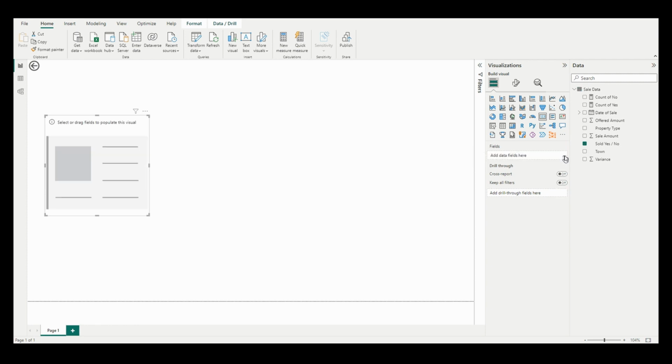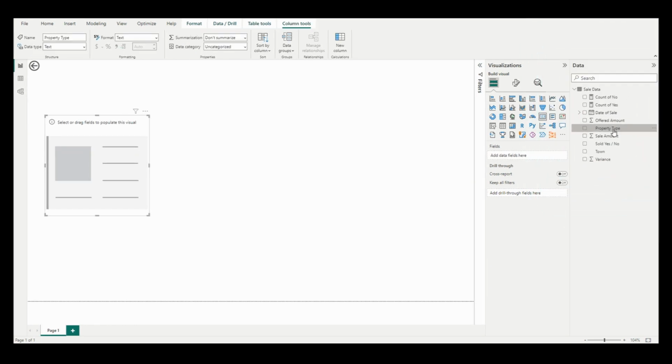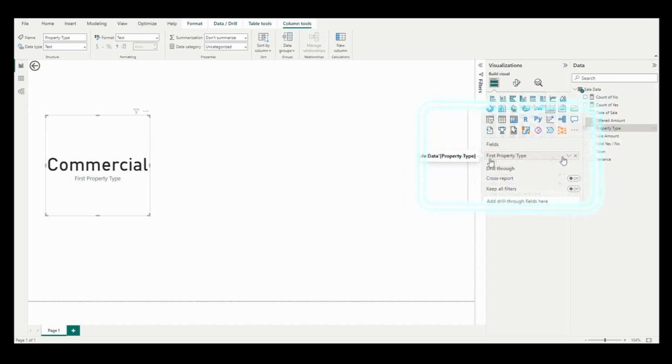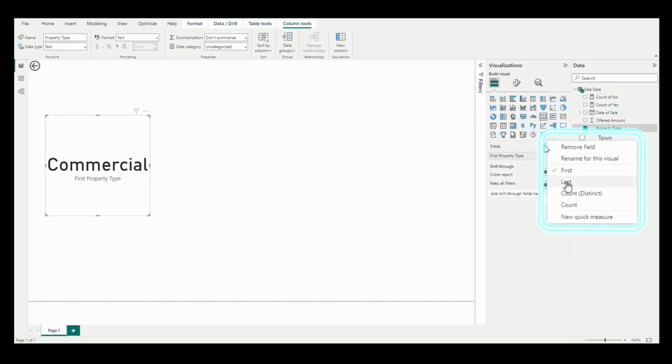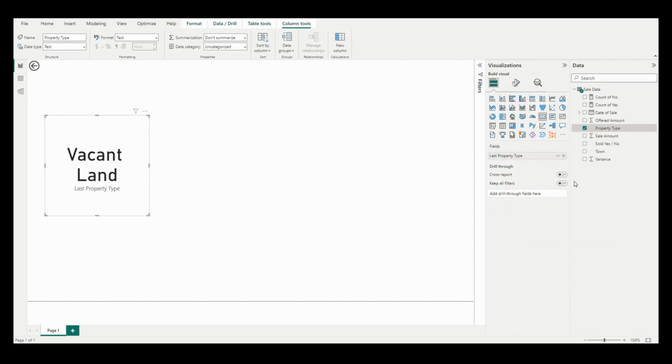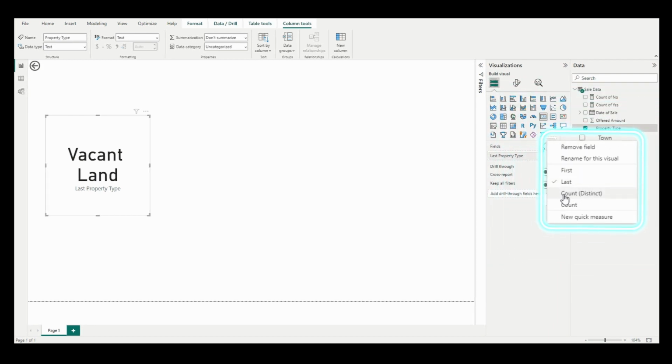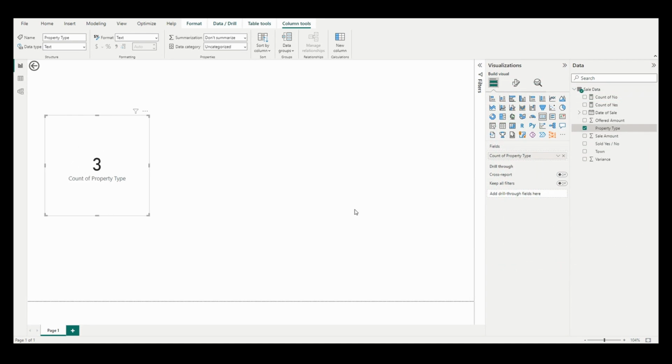Let's take that out, give you one more example, and let's go for property type. Click and drag that into here, and you can see now it's giving me a text value within the actual card. Again, if we look at the actual field, it says first. If I come on here again, I've only got a limited amount of selections. The last would actually then show as vacant land. If I then go for count distinct, then it's giving me 3 because there are 3 property types within this